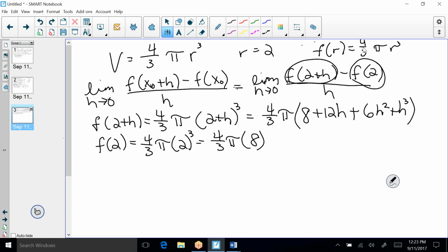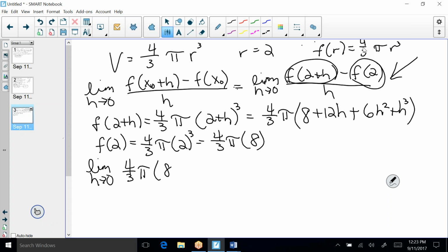All right, now let's go ahead and plug those back into our limit that we have. So we're looking at our limit as h goes to 0. And we're using the same thing that I wrote up here. We're plugging everything back into this limit. So f of 2 plus h. So that's going to be 4/3 pi times